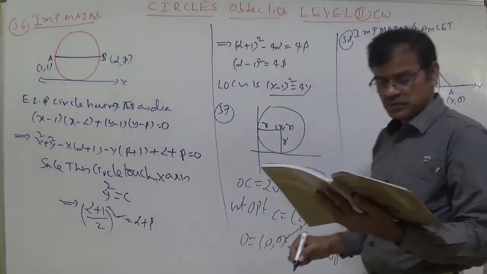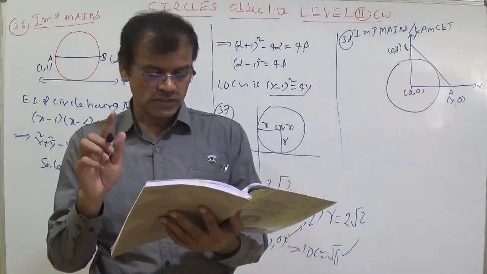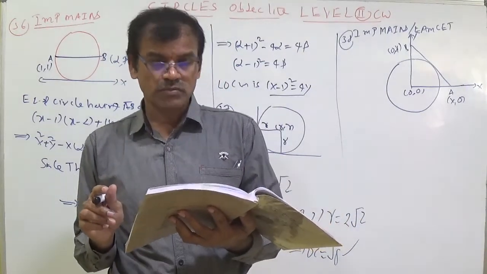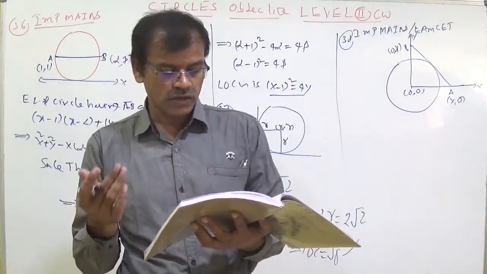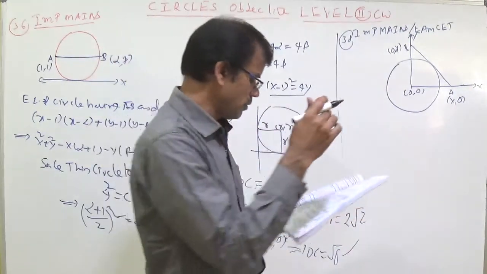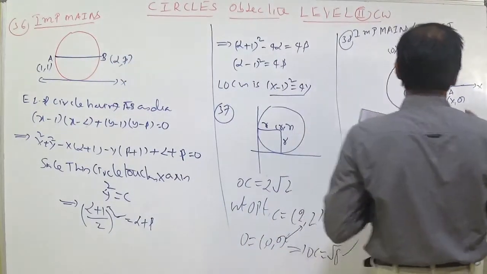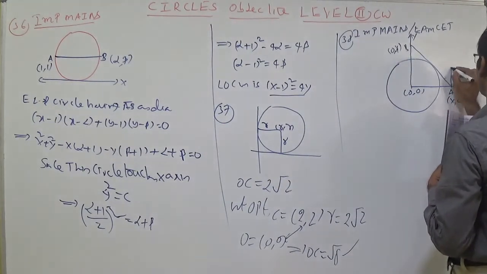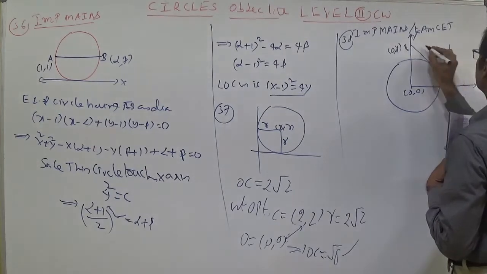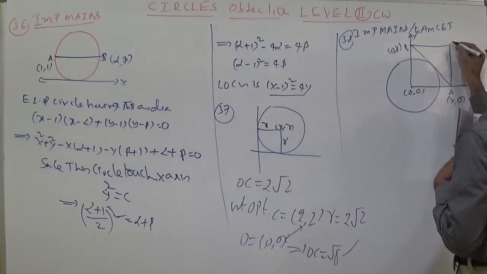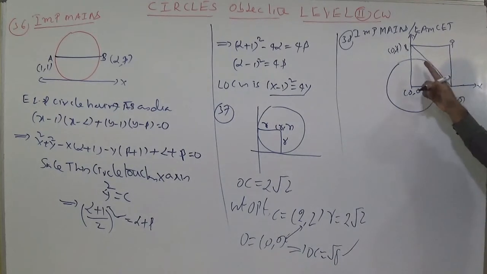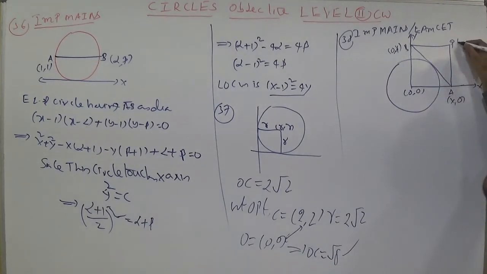Now the equation of the circle, a tangent, a point on the circle. The tangent to the circle x² + y² = r² meets the coordinate axes at A and B. If the lines drawn parallel to the axes through A and B meet at P, find the locus of P. If you draw a line parallel to the y-axis and a line parallel to the x-axis, they say that these parallel lines meet at point P. This is the locus point.